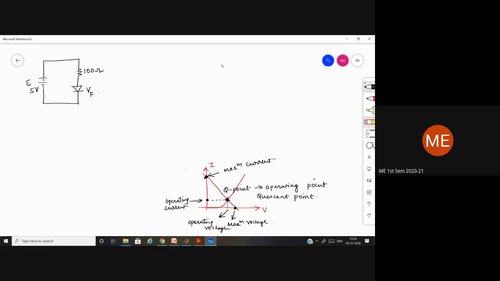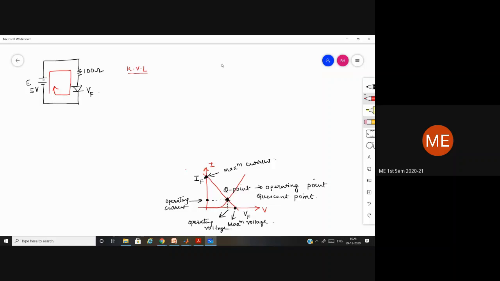Now, in order to find this current and this voltage, because this is our forward voltage, this is our forward current, to know this, what we need to do is apply Kirchhoff voltage law, KVL. So in Kirchhoff voltage law, what we do is we are going to